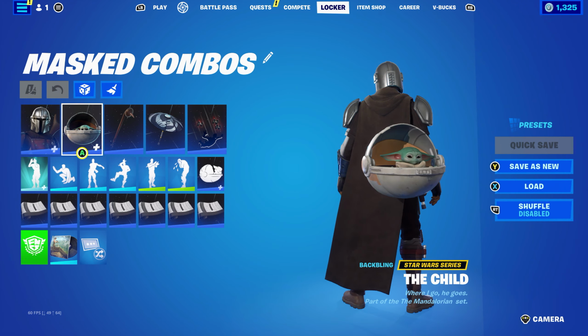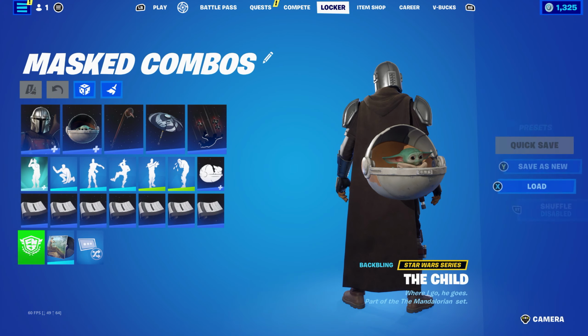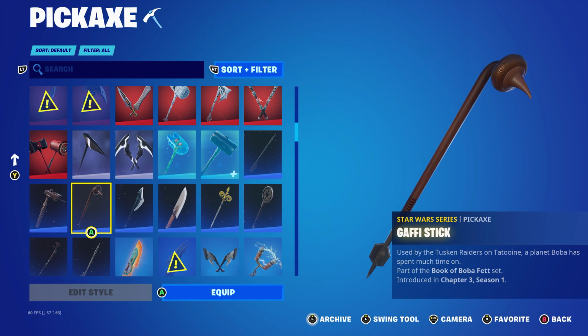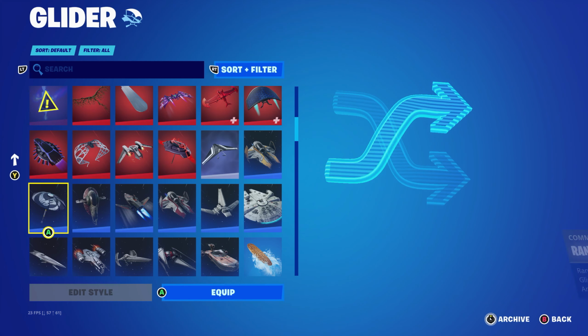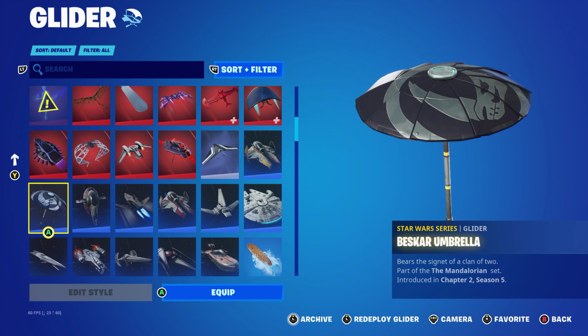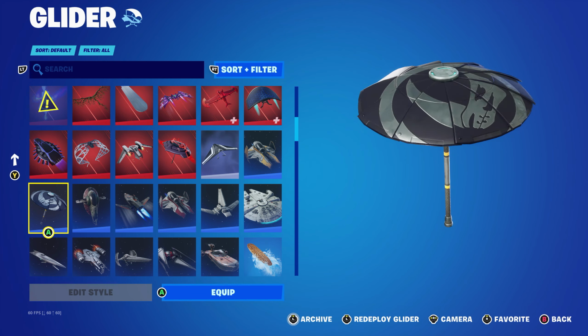The Bling is the Child, which is his Bling from obviously the same Battle Pass, Chapter 2, Season 5, basically Baby Yoda. Pickaxe is the Gaffi stick, which is part of the Book of Boba Fett set, introduced in Chapter 3, Season 1. You're mainly using this for the brown. The umbrella is the Beskar umbrella, which you got for getting a victory